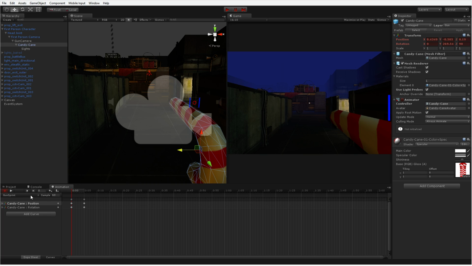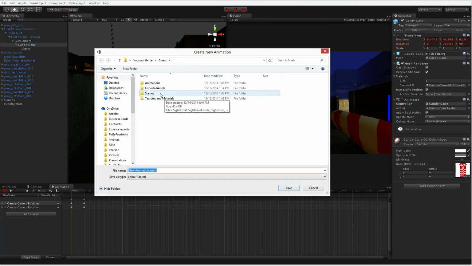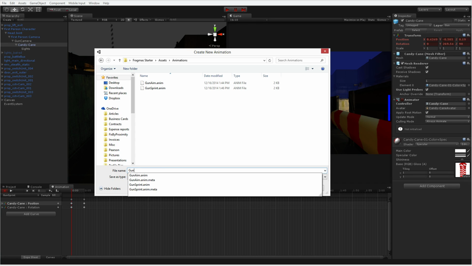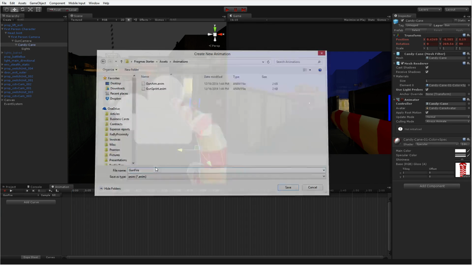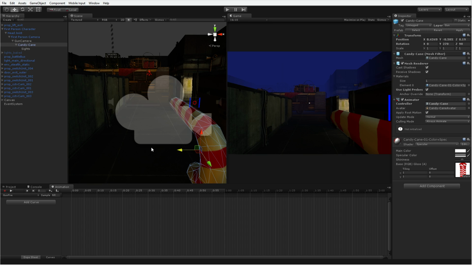Okay. And so now the last animation I need to make is my fire animation. We'll create a new clip. And this one in the animations folder will be gun fire. And so this animation, I have to be very careful. I only want rotation data, not position data. Our animations deal with absolute values, not delta values. And so if I mess up and I have any positional values in there, our firing animation will look really weird, and it won't work for both our aiming fire and our non-aiming fire. So we have to be careful here.